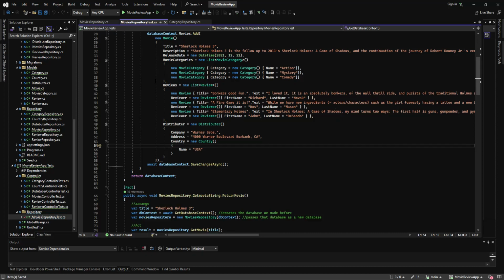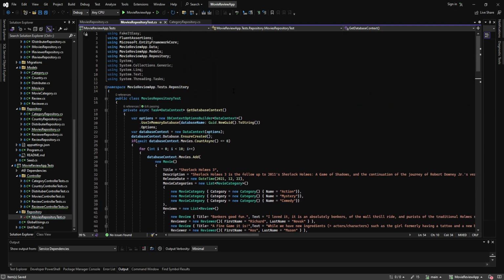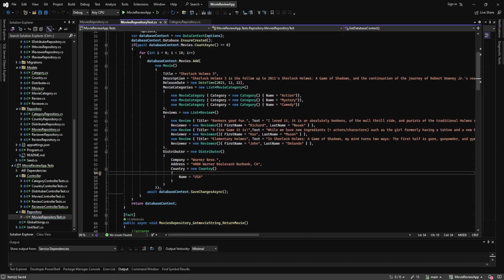Hi, so I'm gonna do a quick rundown, as quick as I can, on how you should do repository testing. In this case, they would be called integrity testing, not unit testing anymore. As you can see, I already did the movies repository test, and that's basically